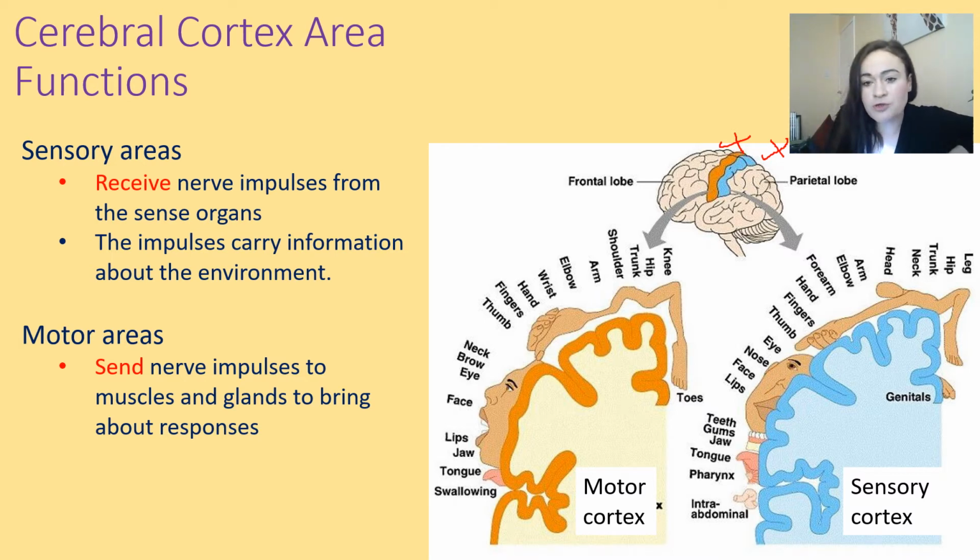Now I just want you to look a little bit at this diagram here. You quite often will find diagrams that, in my view, look a little bit creepy because they've got random little faces and arms sort of hanging out of parts of the brain. So basically what it's showing you is another brain map. It's showing you the different parts of the brain, the different folds in the cerebral cortex and what they're responsible for. So if we look at our sensory area, let's just take